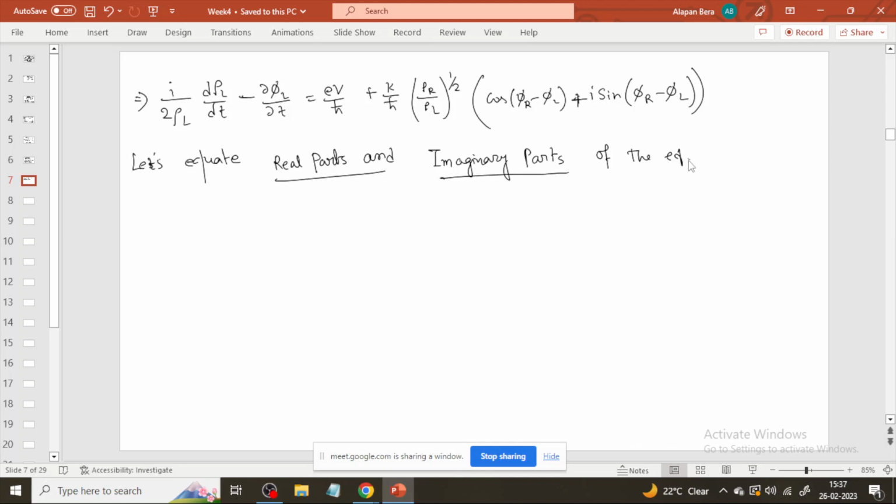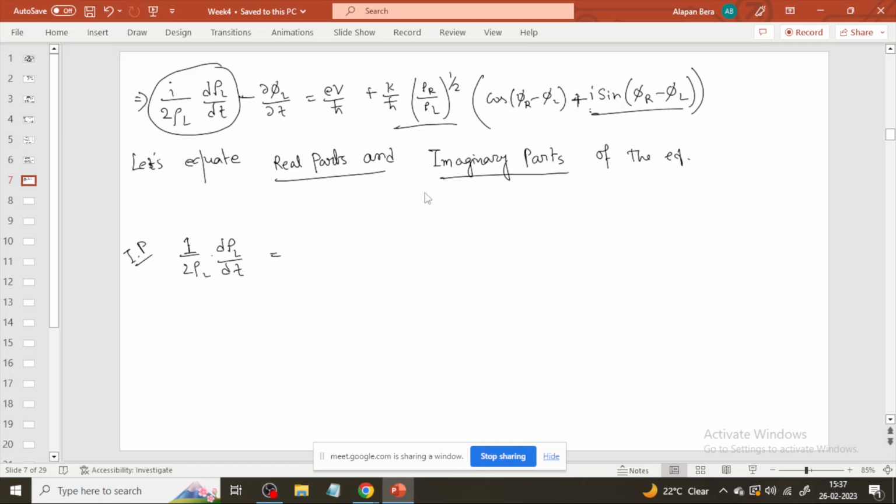Okay, so this is the imaginary part, and on the right hand side, this is our imaginary part. It's the i terms. Okay, so i by 2 root rho L, so this is the imaginary part. i by 2 over root rho L d rho L by dt is equal to,